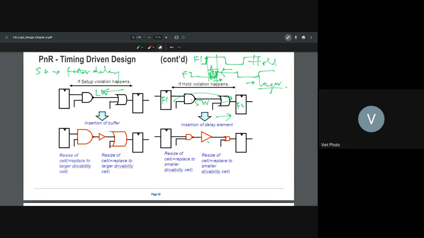Okay, let me draw somewhere here. Here is... okay, let me clean it up here. Okay, now between this,